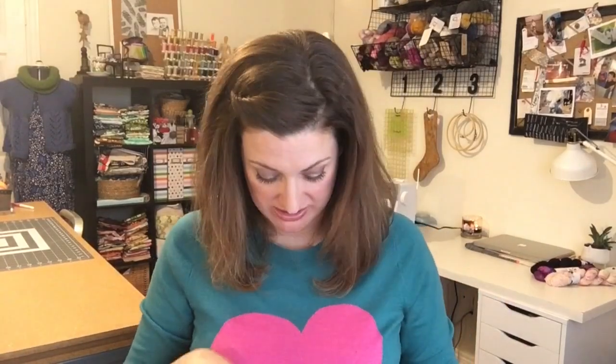I'm just starting to pick up my projects no matter what, no matter how I feel, even if it's just a couple rows. And I've been more consistent about doing a little bit of knitting every night and keeping it with me. So if I get stuck somewhere, which doesn't happen often because I drive a lot, I've even taken a quick coffee break at work and knit a row or two before heading back into the office. So it's just been really, really nice. And I'm sure that this yarn has a lot to do with it because